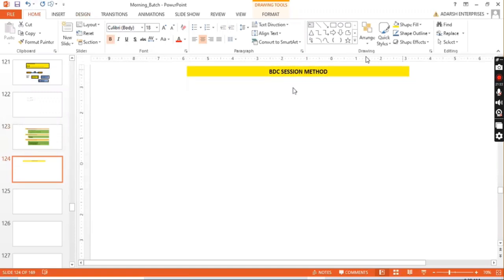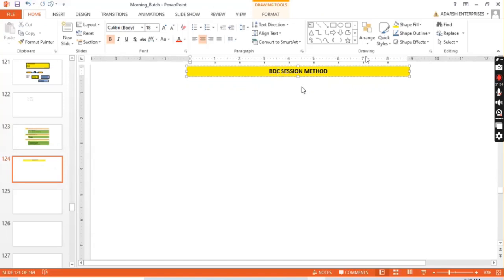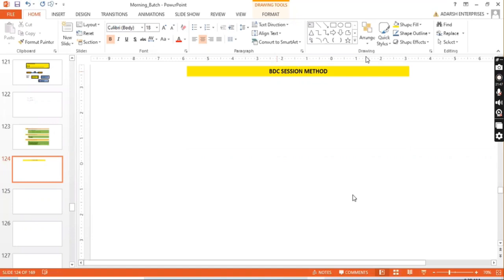So in the BDC session method, as we have seen, we have to open the session, insert the data into the session, and then close the session. If someone asks you what the BDC session is, you can define it nicely. How can you define it? For defining it, what you will have to tell is that for this BDC session method,